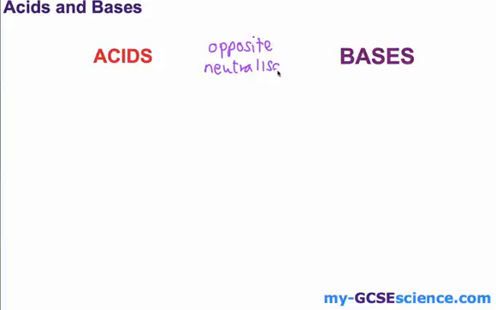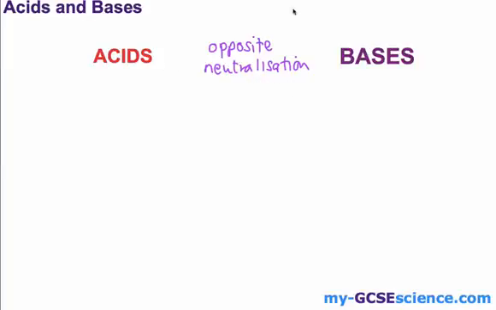a neutralization reaction. You might remember a neutralization reaction from a previous video. It's when we react an acid and a base and we make them neutral. It's also an exothermic reaction. So it's an example we gave previously of an exothermic reaction, one that gives out heat energy. But for now we've got acids and bases. They are the opposite of each other, and when you react them together we get neutralization, or they neutralize each